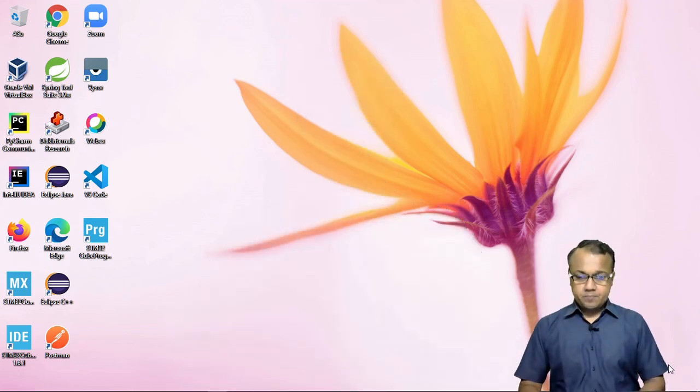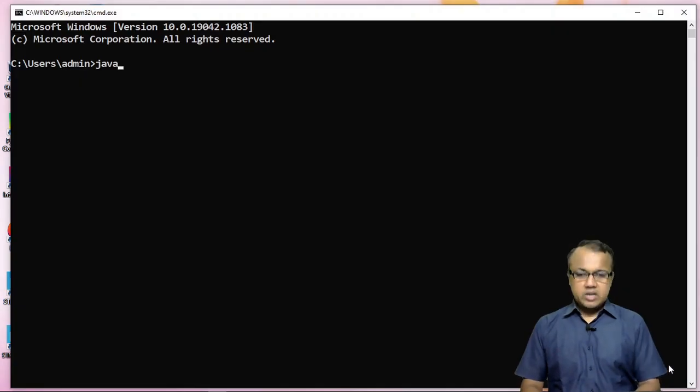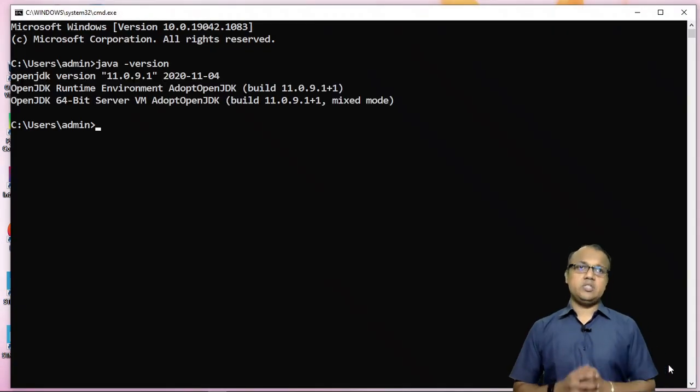Before you start with the installation, you need to first check whether your system has the appropriate Java version installed. Even though Tomcat can work well with Java version 8 and onwards, I recommend installing Java 11 or onwards on your system so that it is well compatible with other Java development setups as well. To do that check, you need to open command prompt and give the command java -version.